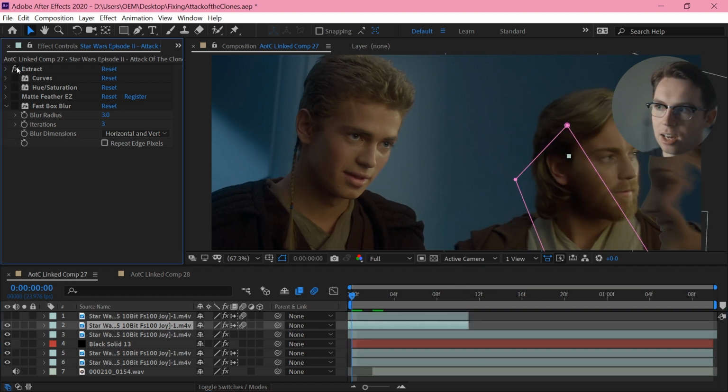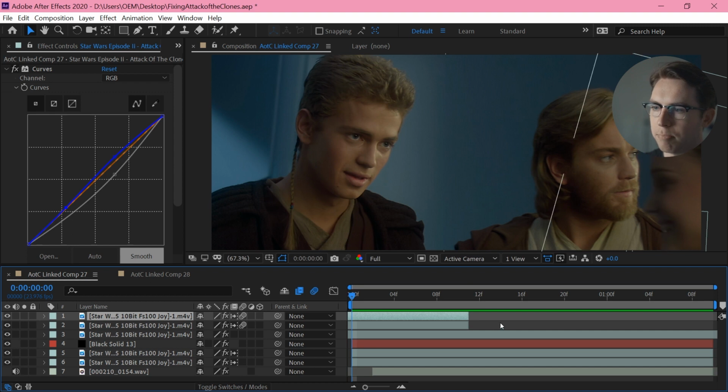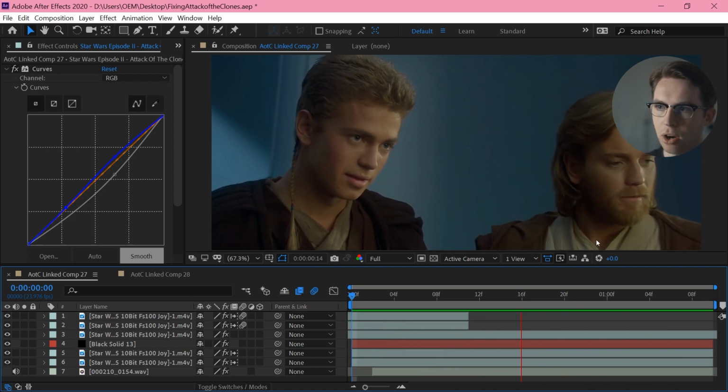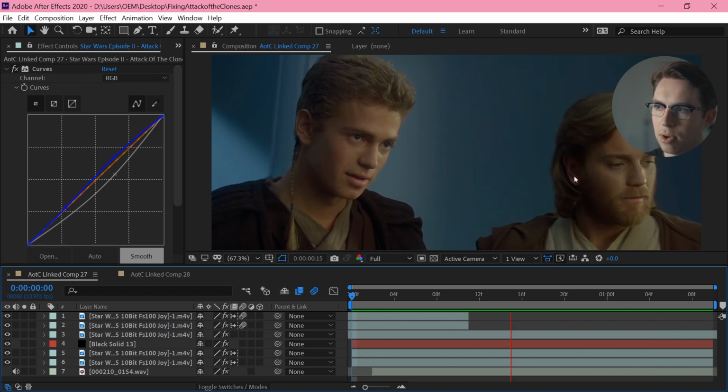I'm just doing an extraction, curves, hue saturation, feathering, and a box blur to make her sit more in the foreground, give her that depth of field. And then I'm filling in these areas that weren't caught by the extraction with just a really rough mask. It's very, very rough, but hopefully you're not looking over here, you're looking over here at this guy, and maybe over here.